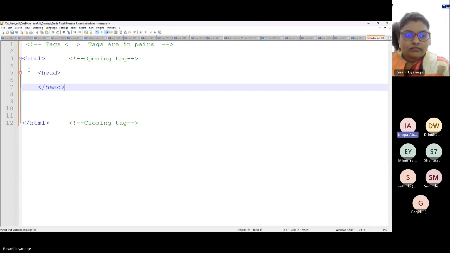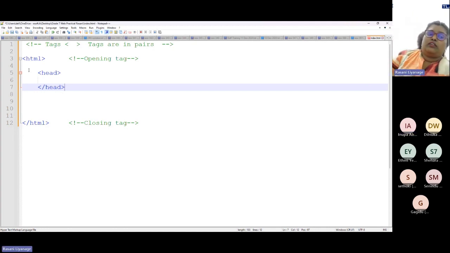Madam, do we have to start HTML from the third line? No rule. You can start anywhere. Only this order should be maintained. Third line, first line, second line, that's perfectly all right. But it has to be in proper order. HTML first, then head, then body.